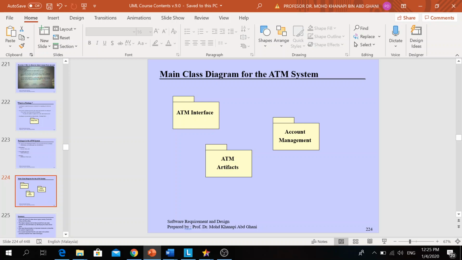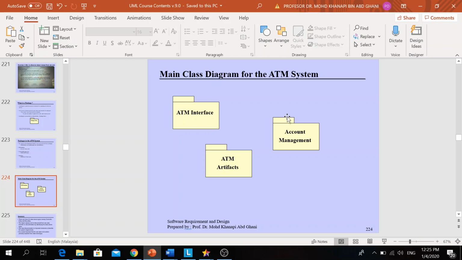And ATM artifact means a group of tables or databases, what they call persistent data, where we want to store the information. So of course, in the database.